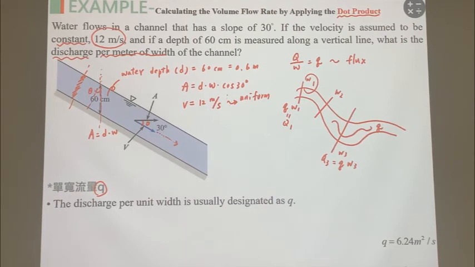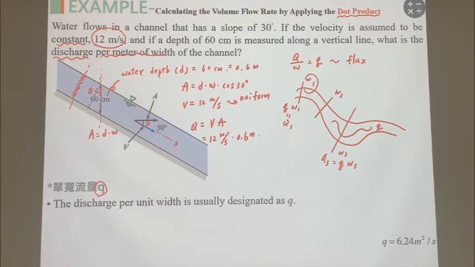Because the flow velocity is always constant. Okay, so very simple idea. We just calculate the discharge by the velocity multiplied by the total area. The velocity in here is 12 meters per second, and the area is d. What is d? D is 0.6